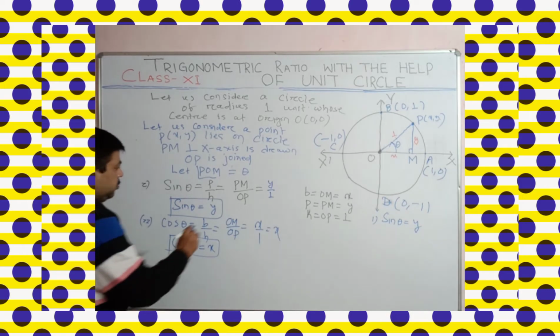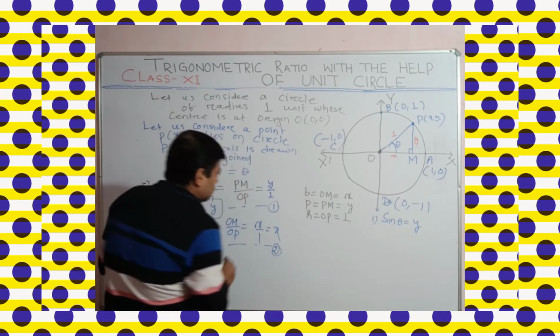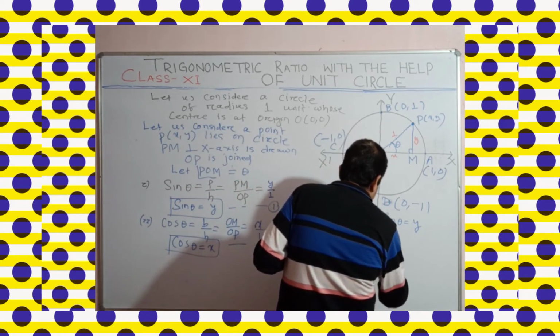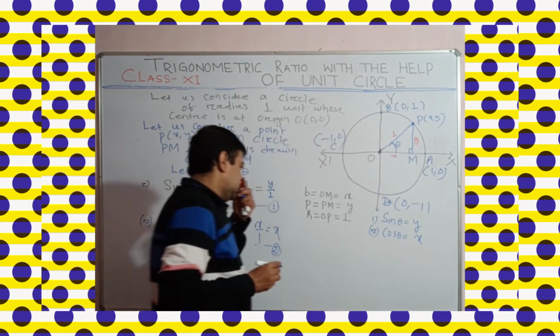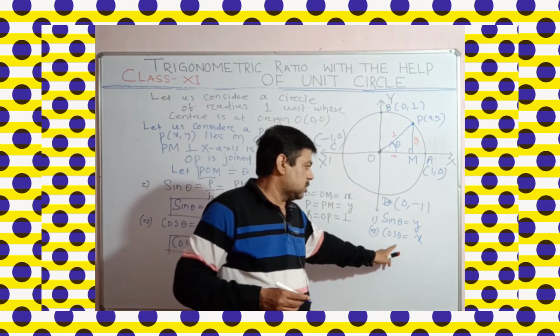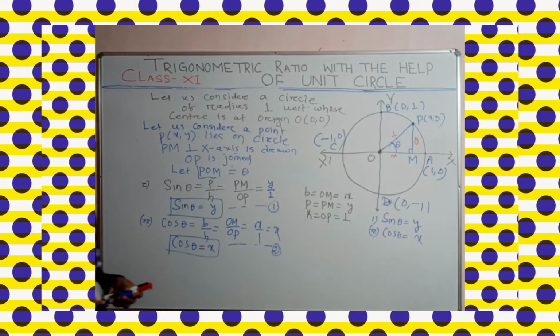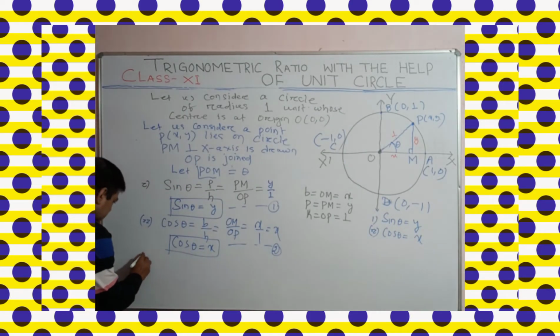Cos theta is equal to the second point. This is the first point, and the second point. So we got that cos theta is equal to x, and it means the x coordinate is cos theta, and the y coordinate is sin theta. Okay, here the x coordinate is cos theta and the y coordinate is sin theta. Yes or no? So the third point we discuss is tan theta,